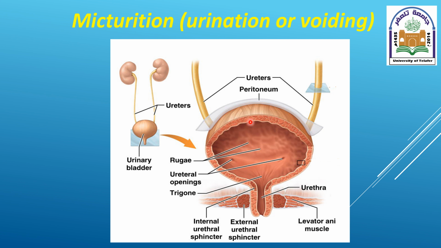The wall of the bladder consists of a special type of smooth muscle known as the detrusor muscle, and it has two sphincters. One is internal, involuntary, and consists of smooth muscle, and the other is external and consists of voluntarily controlled skeletal muscle. The nerve supply of the urinary bladder is by three groups of neurons: pelvic nerves, which